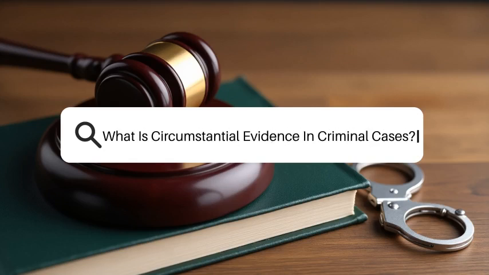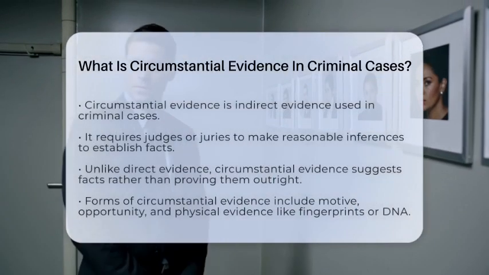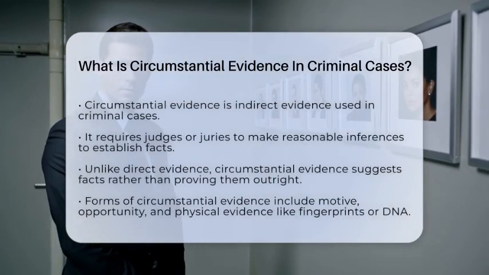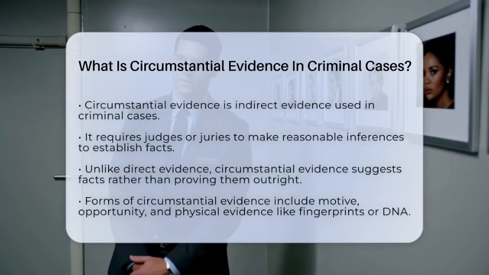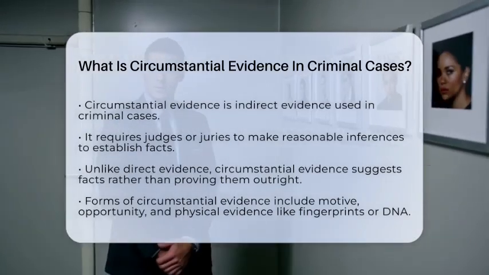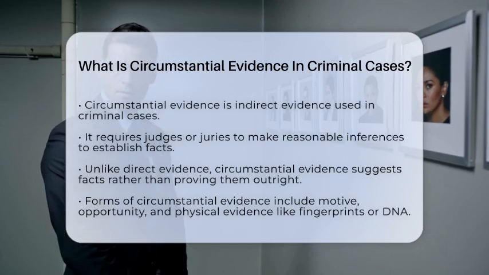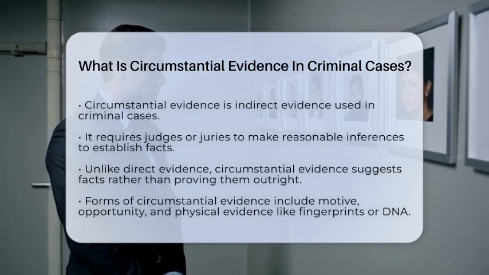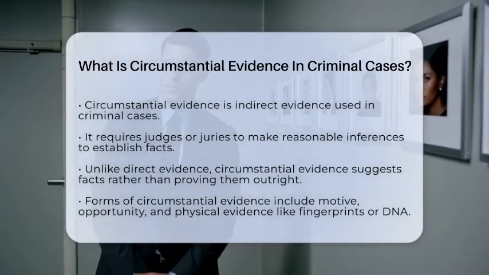What is circumstantial evidence in criminal cases? Have you ever wondered how a case can be built without a witness directly seeing a crime? That's where circumstantial evidence comes into play. This type of evidence is indirect and requires the judge or jury to make reasonable inferences to establish a fact